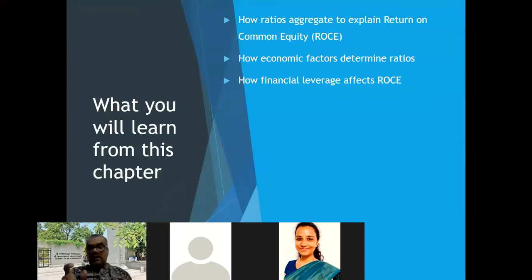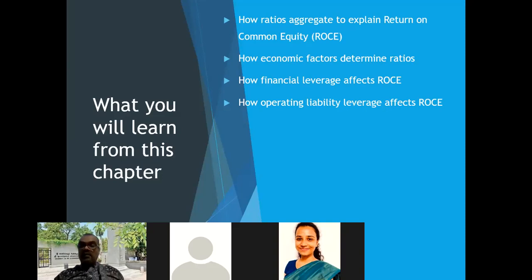So this is a very important area: how financial leverage affects return on equity. This is another one, operating liability leverage. Another support comes. The first one, this support comes because you can borrow at a fixed rate, and then you have a tax advantage. This support is without paying any interest. The tax advantage is already there if it is an expense. Even if it is not an expense, if you have taken some advantages such as